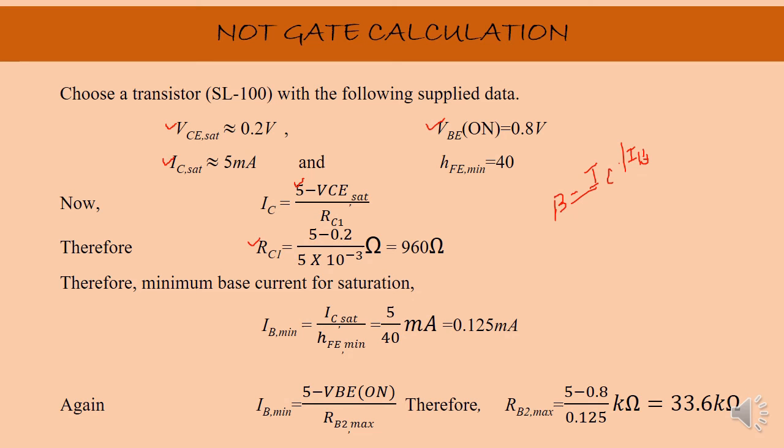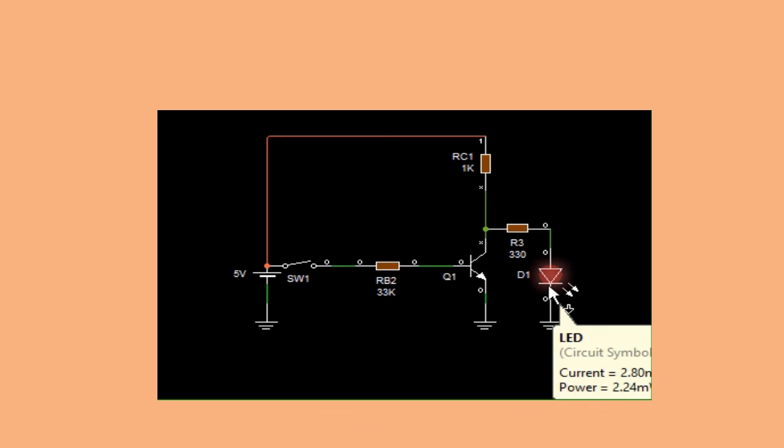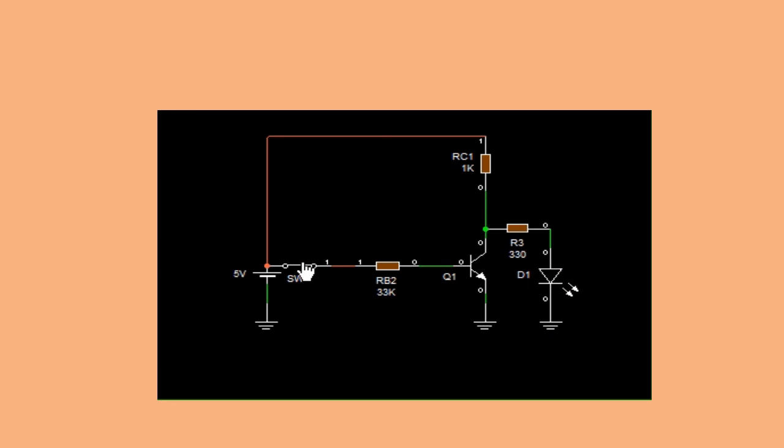Next slide we will see the working of a NOT gate. The circuit realization of a NOT gate using a transistor is shown in this figure. If the input is low, the transistor is in cutoff condition because the base terminal is open. Neglecting the reverse saturation current ICO, we get the output voltage high, so the LED will glow. If the input is high, the transistor is driven to saturation and the output will be low. That means the LED will not glow.